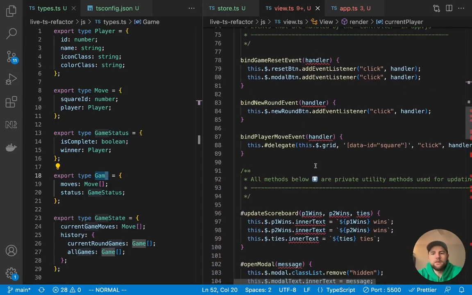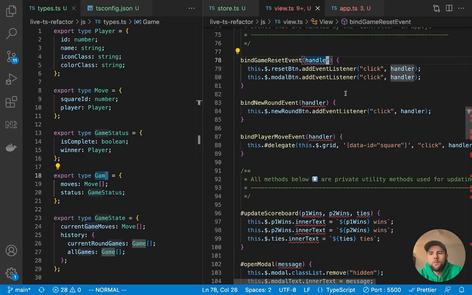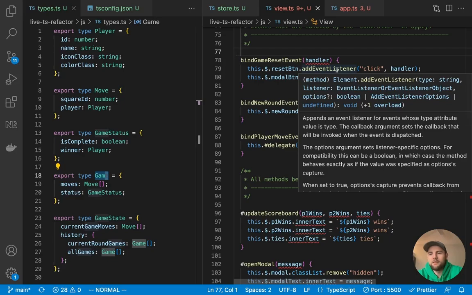Now coming down to the bind events, all these methods, the handler is of type any right now. But basically what we're passing to the handler is the callback of add event listener. So if you look at the stub for this add event listener, you'll see it's got some overloads, which is kind of an advanced TypeScript concept.